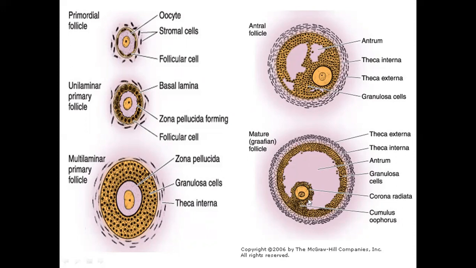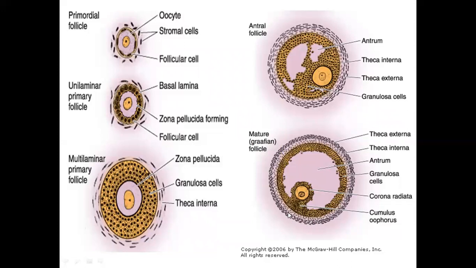On that basis, this crown cell layer of granulosa cells is termed corona radiata, and the cells on which the oocyte is resting from the lower side and attaching itself with the remaining granulosa cells, that group of cells is termed cumulus oophorus. Outside, the remaining part of the cavity is surrounded by a layered arrangement of granulosa cells, and outside the granulosa cells there are the theca layers, theca interna and theca externa, the two components.